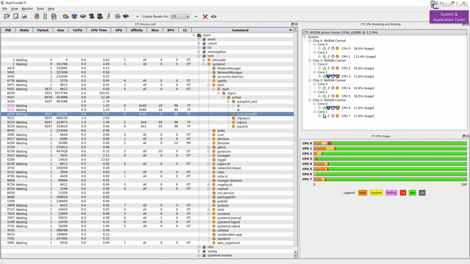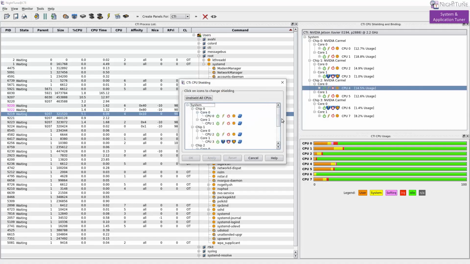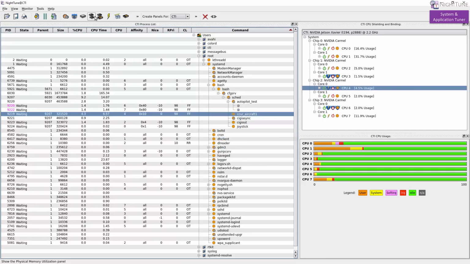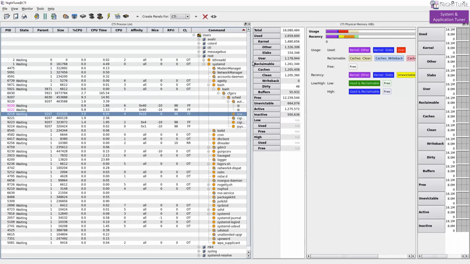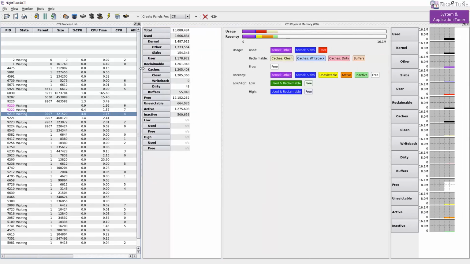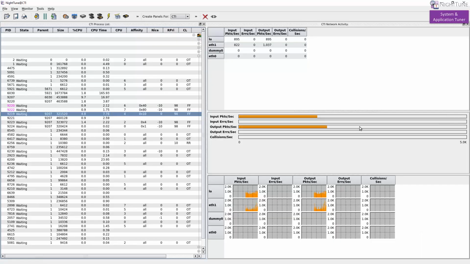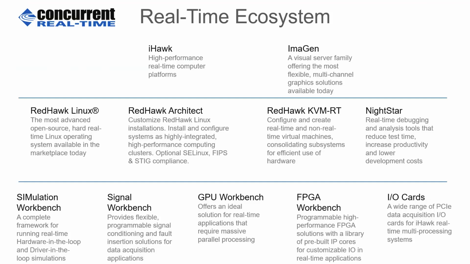We can also shield CPUs and have our applications or processes run on this shielded CPU to help guarantee response times. We can also look at the memory consumption. Once we save the tuning, we can always restart the system with the tune parameters to guarantee the same hard real-time performance every reboot. To summarize, I've shown how you can run your algorithms in real time using the familiar